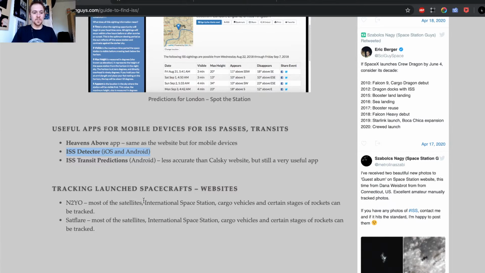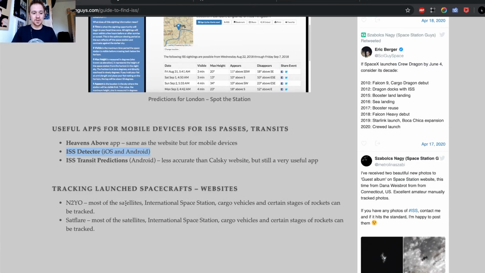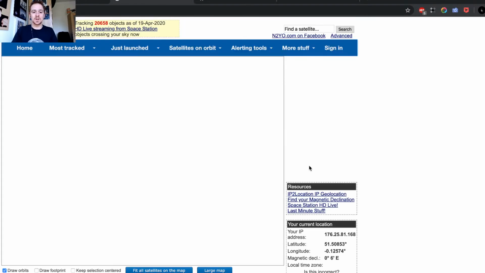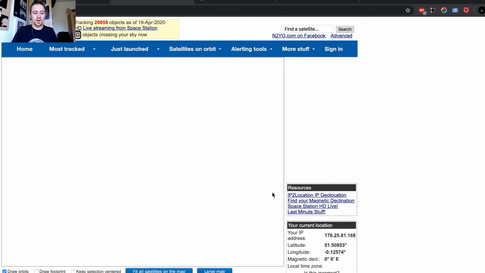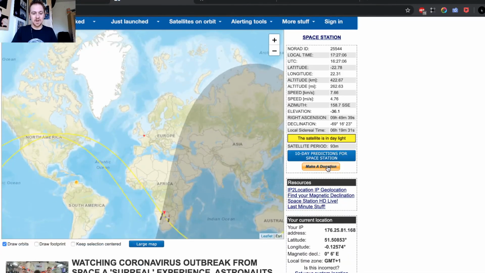Also, there are some websites where you can actually track the International Space Station. On the bottom you will see N2YO and SetFlare. These two websites are pretty cool, and you can live track where the International Space Station is at any given moment.